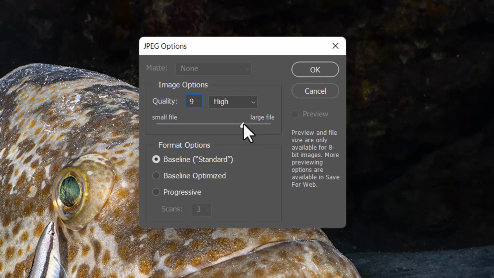I always use high, a value of 8, which I've compared with lots of images, and you cannot see the difference in quality between high at 8 and a maximum at 12. But when you use 8, it'll always be less than 1.5 megabytes. Then we go OK,